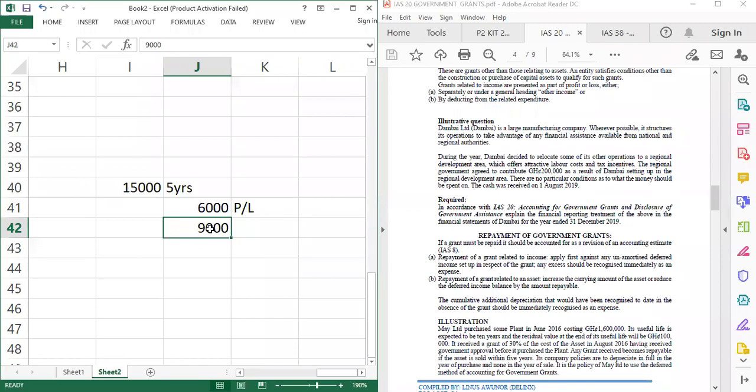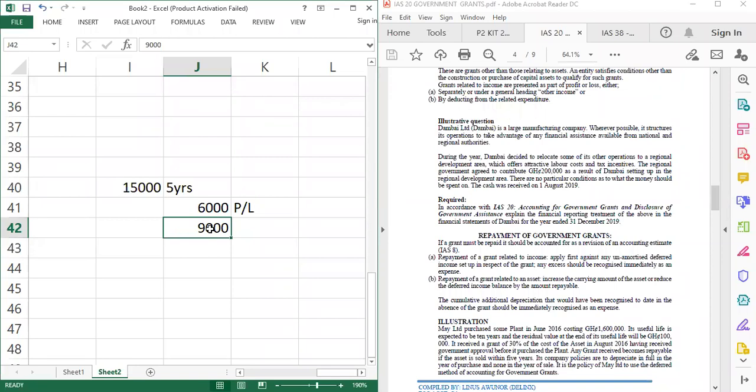We should have added 15,000 back because we subtracted the 15,000 from the cost of the asset. But since we are now not taking the grant at all, we have to add it back. But we have done depreciation, we have accounted for this for some number of years before this. So the question is, what portion of the grant is still in the carrying value?